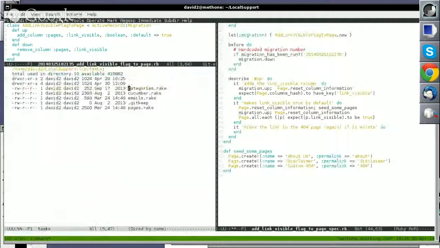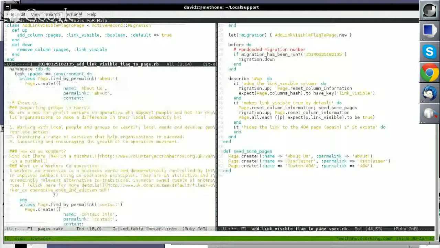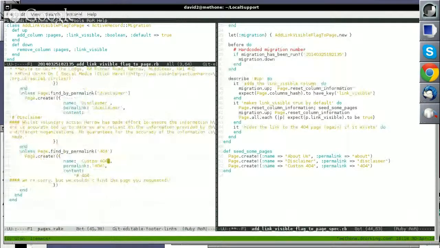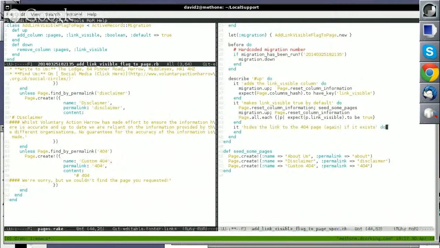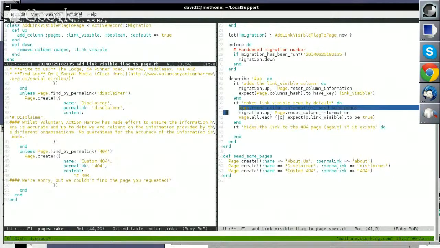Yeah. So this one has a 404. Oh, there's a nice clue as to how to tell if it exists. Because I can just do, yeah, unless. Look, and there's your 404 message. We're sorry. We'll do this thing again. Seeds and pages. So if it exists,